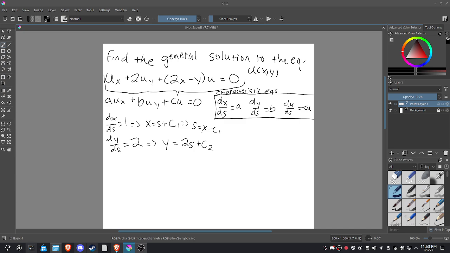We can plug in s from the s we got here to get y equals 2x minus 2c1 plus c2, but 2 times a constant is still a constant, so we'll just call it c1. So now I'm bored. Let's just call it c. Wonderful. Okay, and this shows us that c is equal to